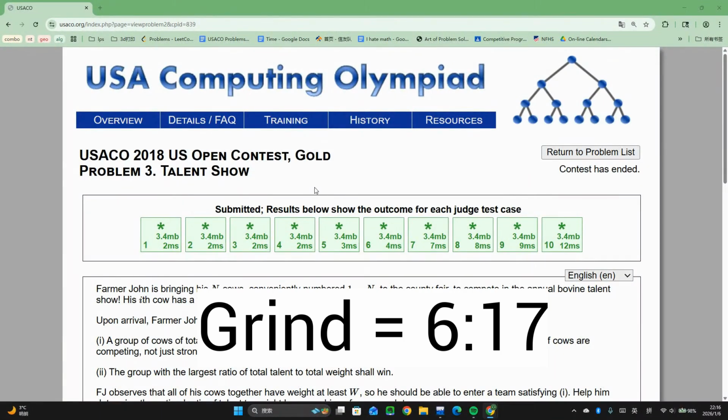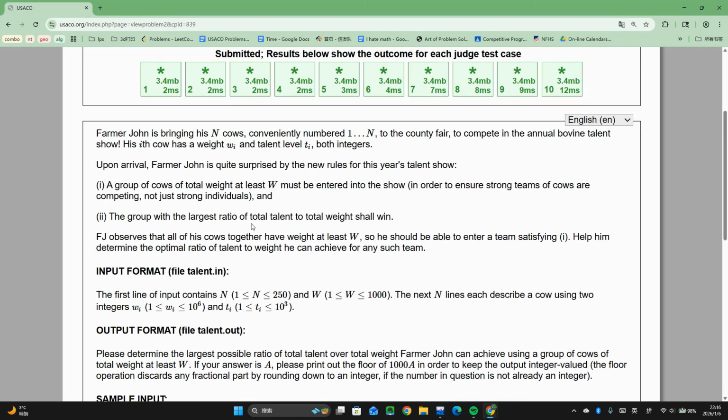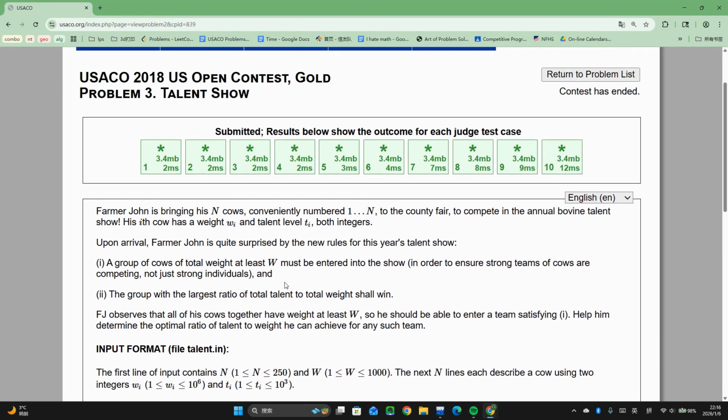Hello everyone, the problem that we're looking at today is actually quite good. It's the 2018 US Open Gold Problem 3, Talent Show. The problem title doesn't really give you much because it's 2018 US Open and it's not even platinum. However, back in the good old days, US Open was actually quite hard, quite a bit harder than usual, so that's why this problem utilizes a very unique trick that I haven't really seen anywhere else,